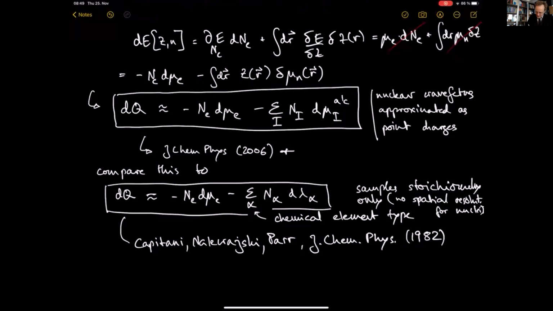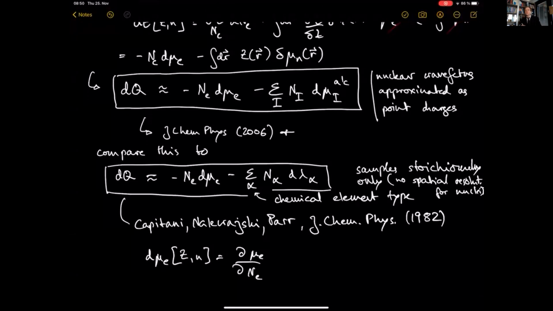So let's write d mu e as, so we expand this in its variables, right? So mu e depends on Z and N, right? And so we write d mu e with respect to number of electrons, right? So that would be the N derivative, right? So the functional derivative, we said that before already, for the electronic degrees of freedom results in a global number,